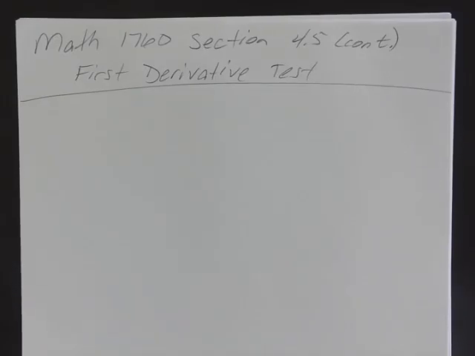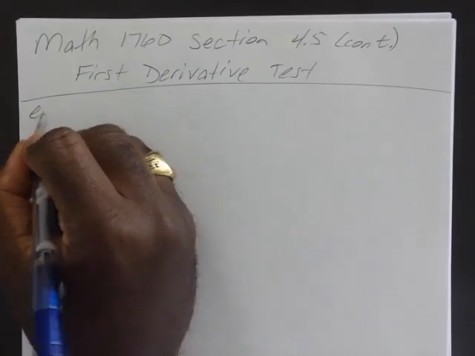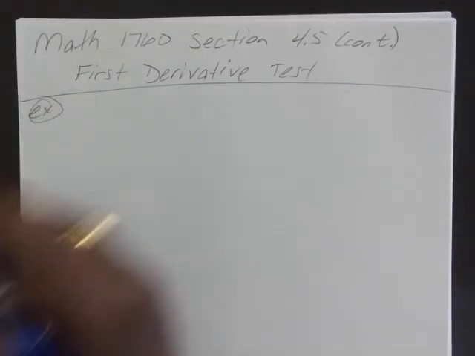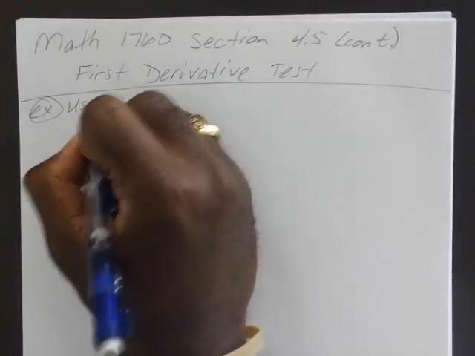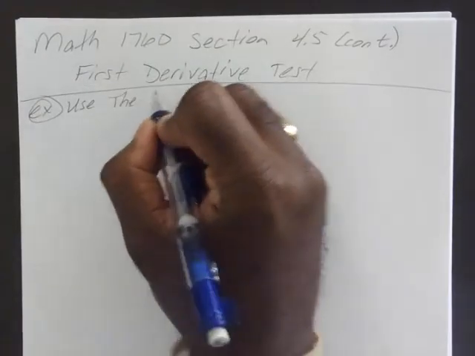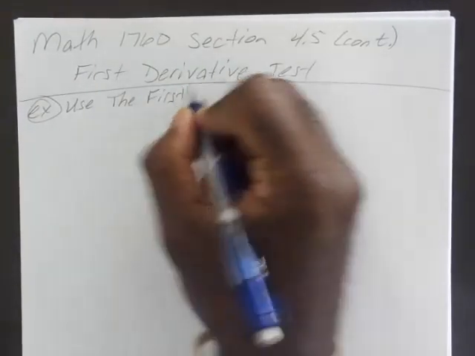All right, so today we are going to finish up section 4.5, which covers the first derivative test. And the individual steps themselves aren't too bad, at least I don't think they are. It's just remembering to put them all together. So let's say, for example, if you wanted to use the first derivative test,